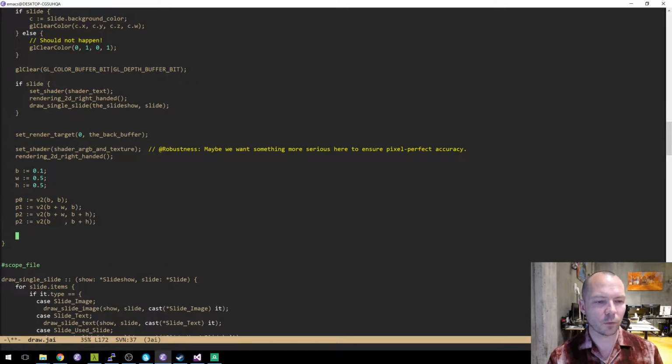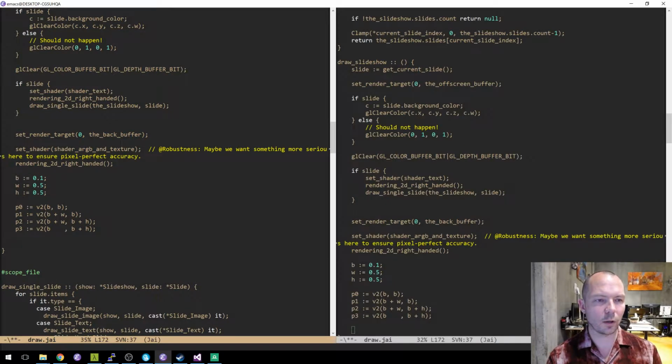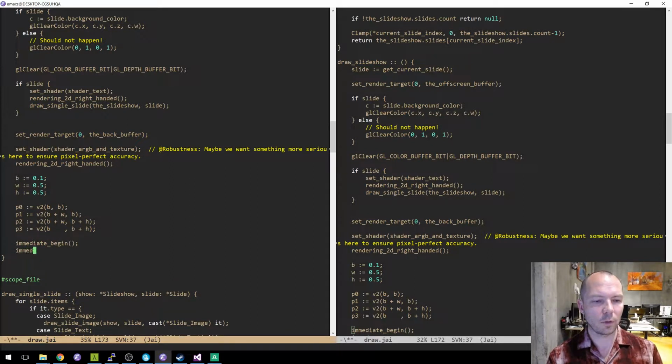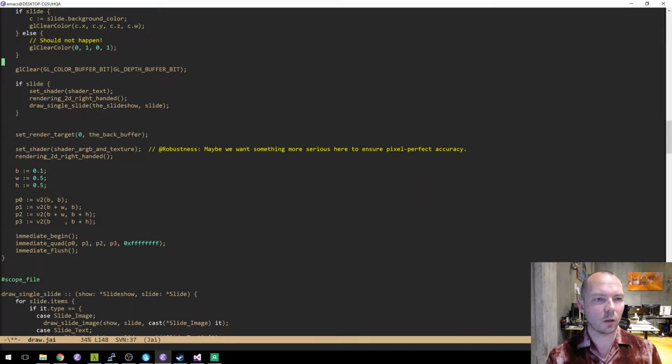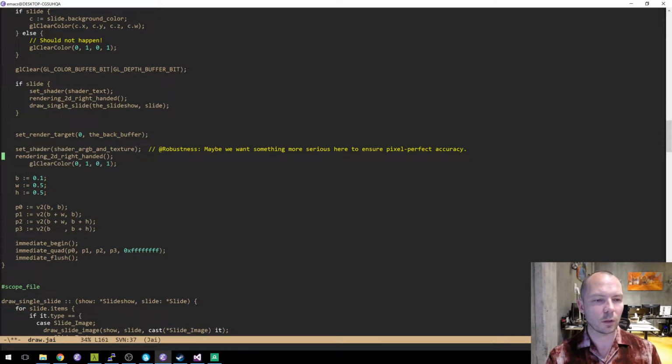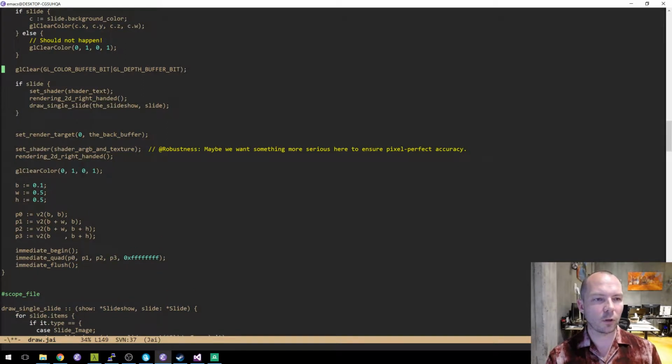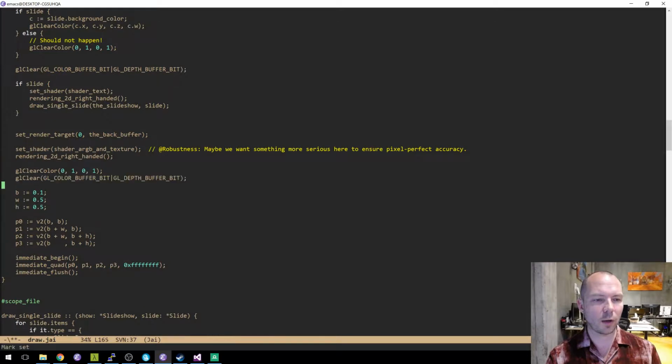plus H. Right, so that's our points, and then we'll immediate begin, immediate quad, P0, P1, P2, P3, immediate flush. Let's clear, before we do that, let's clear the background color to like a kind of a dark red.